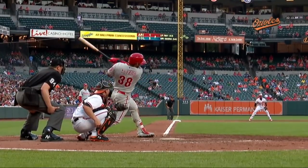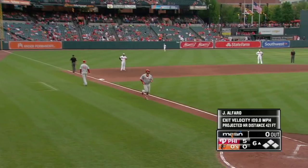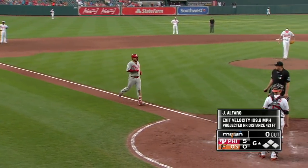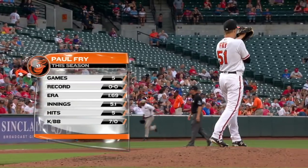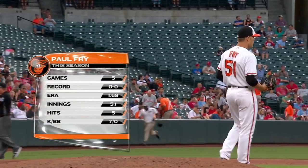And he knew it was gone because he dropped the bat. So he's hit a double to right center, single to right field, and then a Hagen slider, 109 miles per hour off the bat, and he's catching a shutout. Paul Fry will come on, so this will